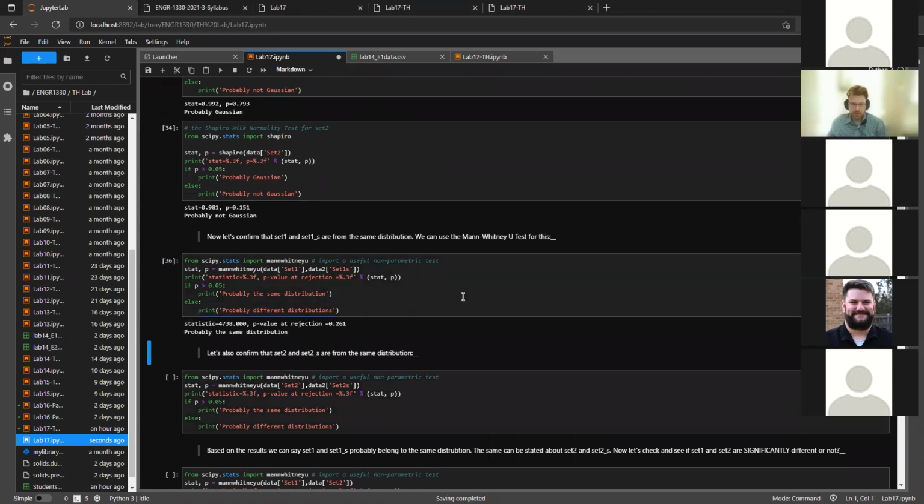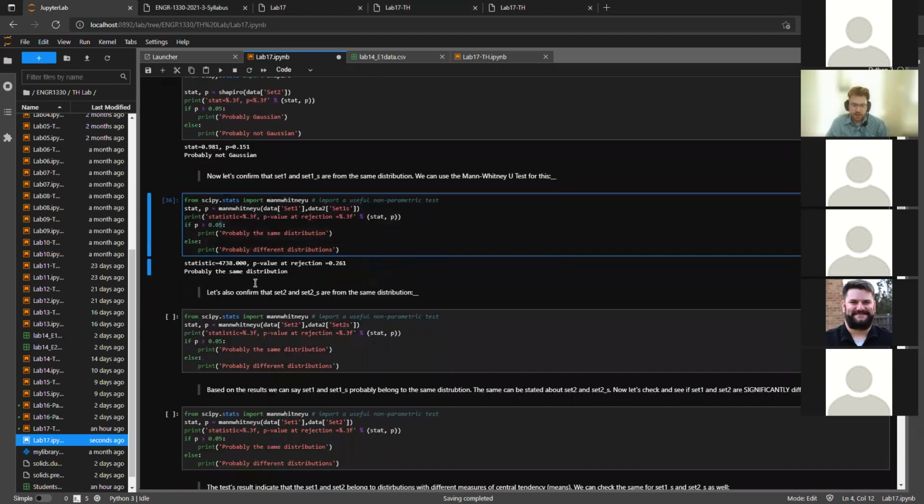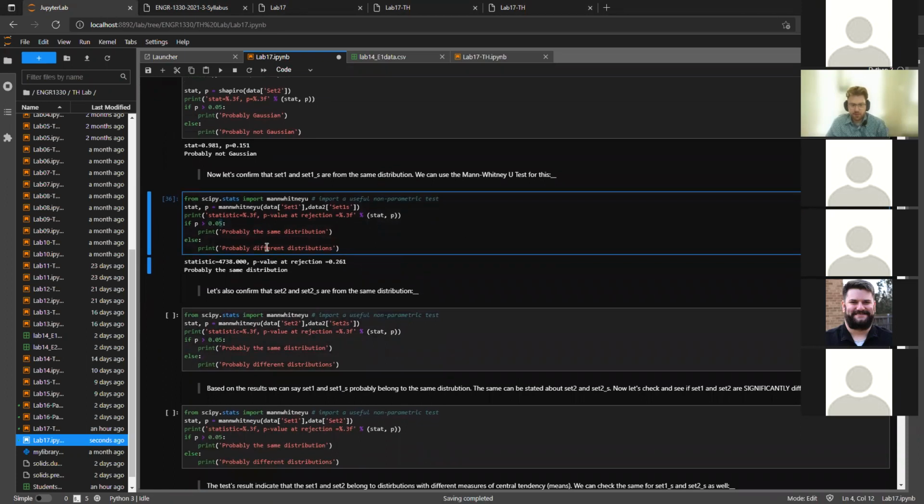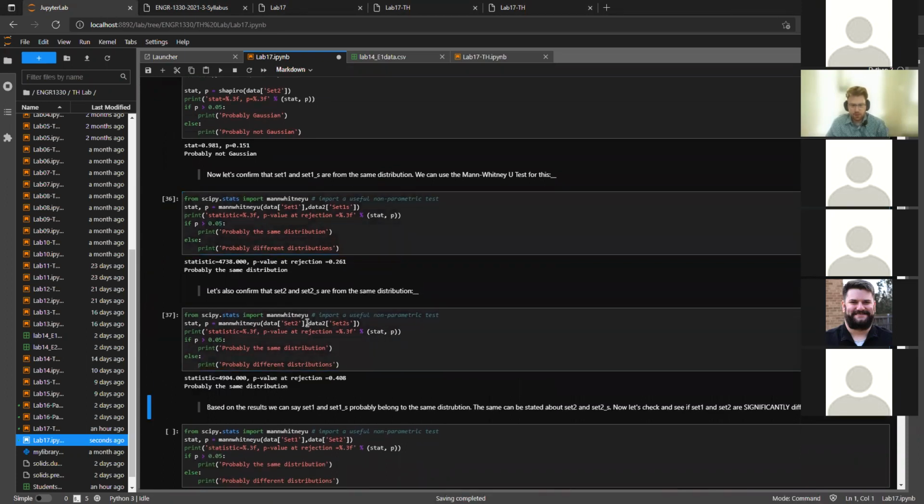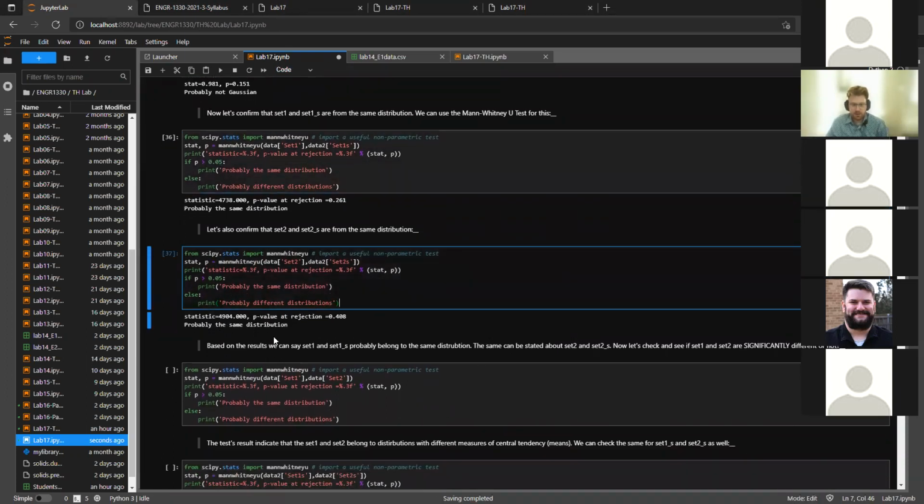All right. So with a 95% confidence, I can say that these are probably from the same distribution. And similarly, I can say it here. Now this data, it'll tell you here is